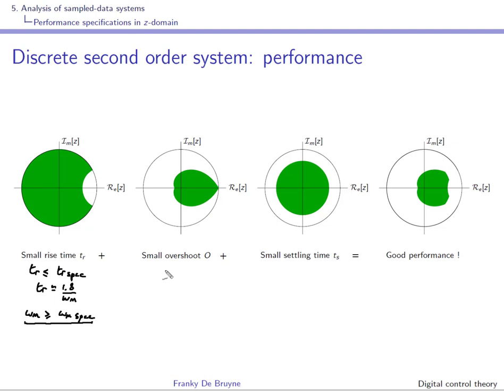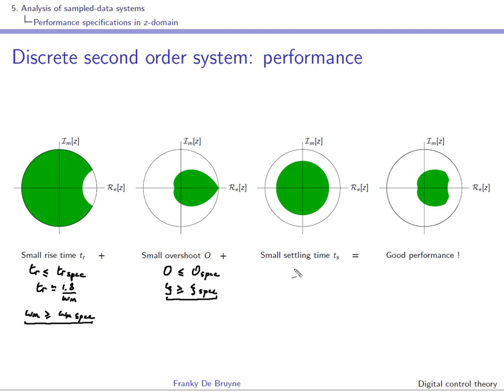The overshoot has to be smaller or equal to some specified overshoot. This can be translated into a constraint on the damping factor, so zeta should be larger or equal to zeta spec,